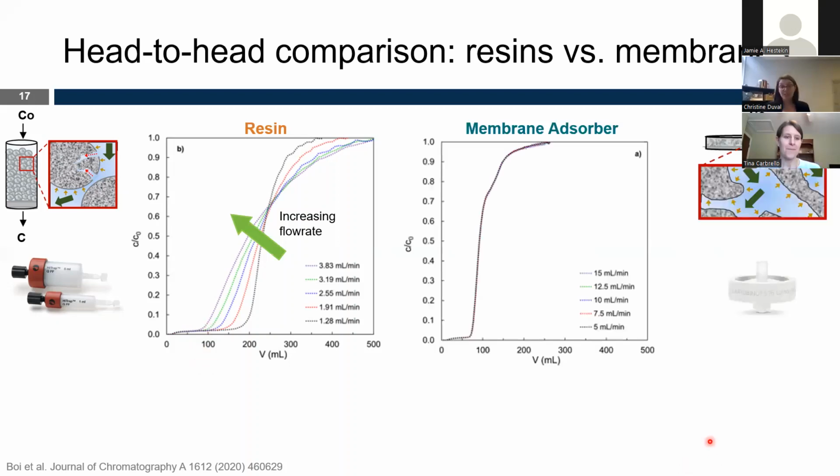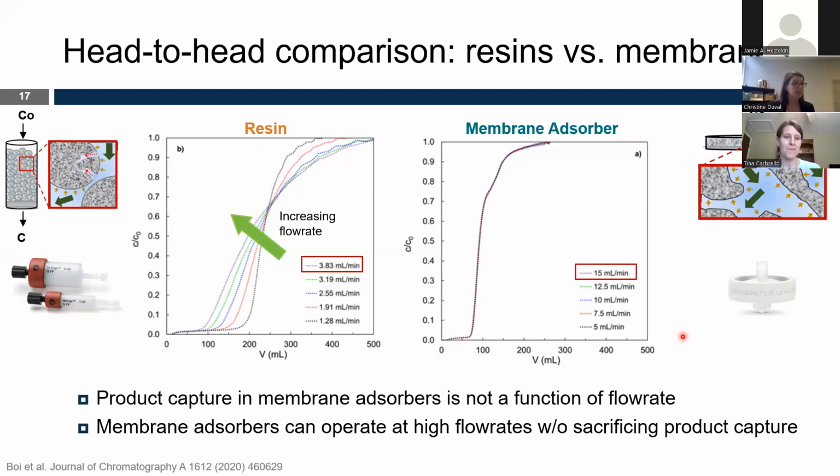When you repeat that experiment, but you use the membrane adsorbers, what you see is that if we follow the one single line, we're retaining our BSA on the column, it eventually breaks through and we reach that 100% breakthrough. But what's most interesting about this is as we increase the flow rate through the membrane adsorber, our breakthrough curve doesn't change. So we can go up to pretty high flow rates. Here we go all the way up to 15 milliliters per minute and we see that there's no difference